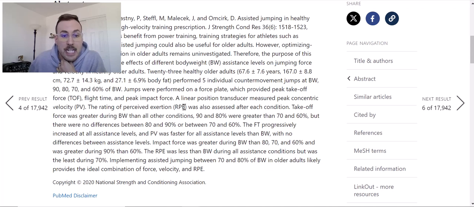The rating of perceived exertion. I actually love this. This is really important in modern day training. Like if you're working out, RPE is a big deal because it'll keep you honest, right? Because your RPE can change. Some days you just feel like you can jump high, and other days you feel like you can't because you drank more water or slept more or listened to a really good song and you were like, dang,